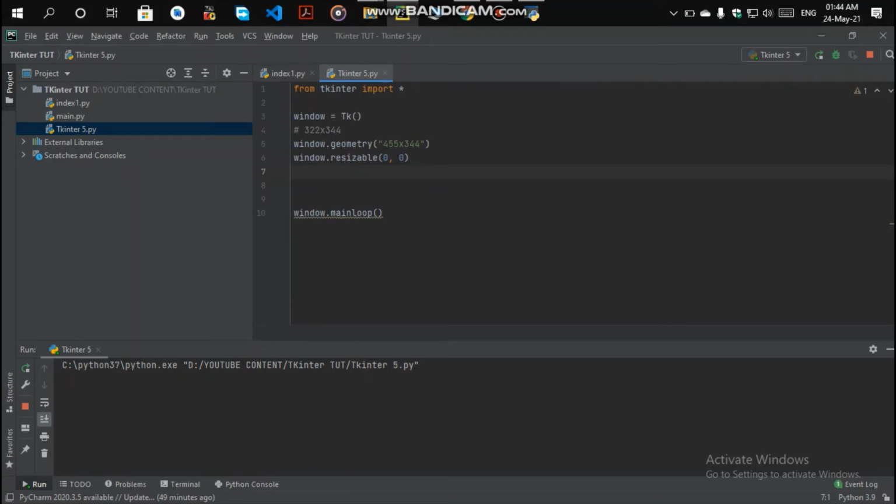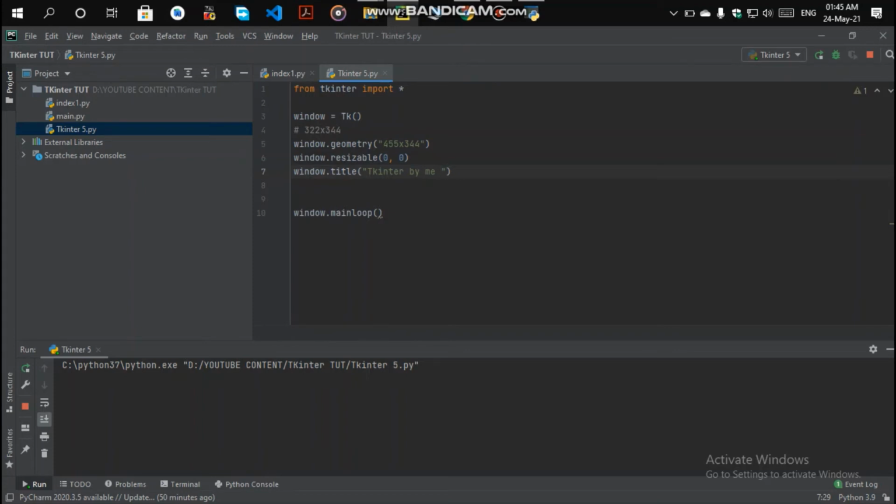The next option is our title. To use the title, you can easily write the window dot title method. Its argument is in string format. Like I want to write here Tkinter by me.